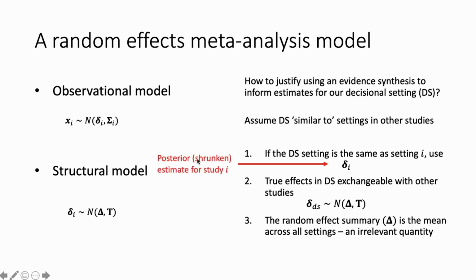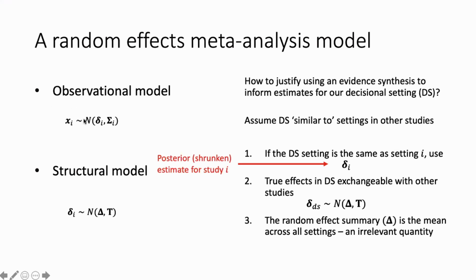We call it the posterior shrunken estimate of the ith study. It's not purely the results of the ith study, which is the x_i here, but it is the results of the ith study as seen in the light of all studies and in the meta-analysis model. So it is a compromise between the meta-analysis mean and the study's observed result,